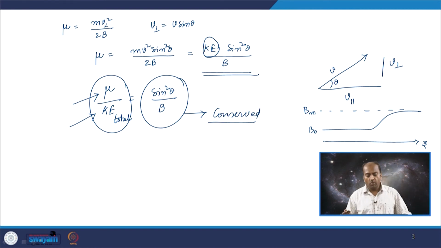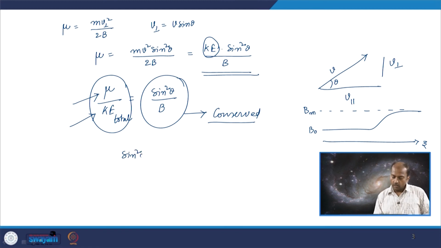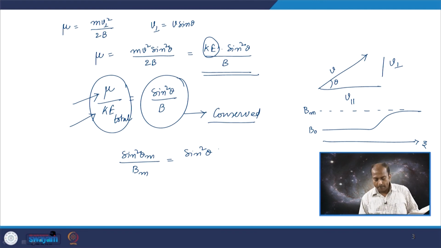So the particle moves such that sin square theta by B is also conserved. So we take B0 and Bm. We will say that sin square theta m divided by Bm is equal to sin square theta naught divided by B naught. What have I done? Sin square theta by B being conserved will simply mean that at 2 points,